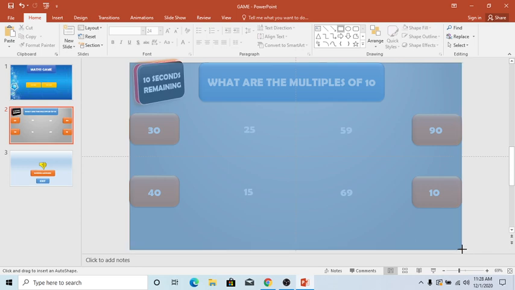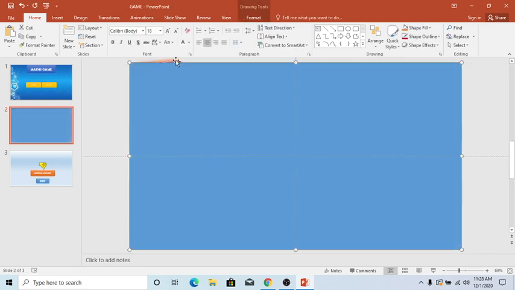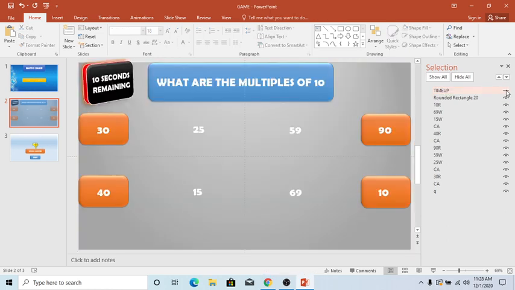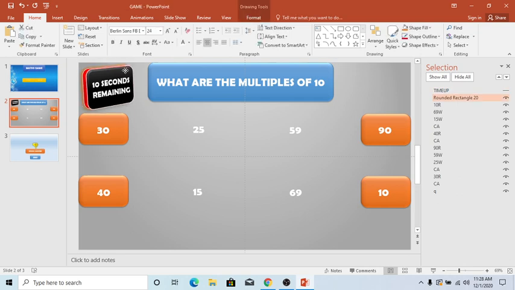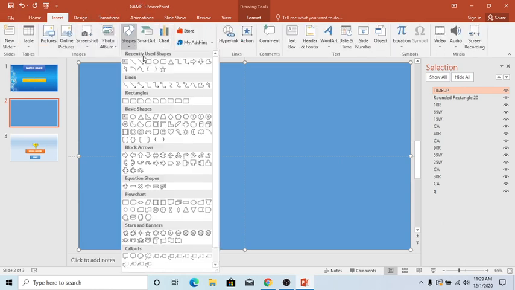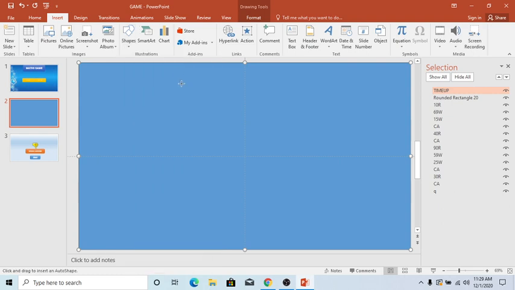The entire slide we drag that shape, and then we go to selection pane and we rename this rectangle as time up, and then we hide this, and then we just bring it slightly down, just adjust it, and so it is done. So now what we do is go to insert again, insert shapes, and here we click on the rectangular shape again, the curved rectangular shape.